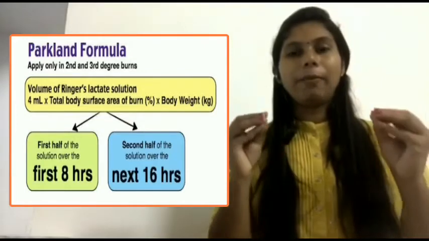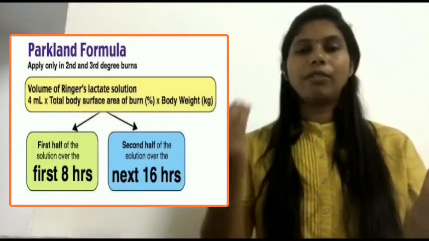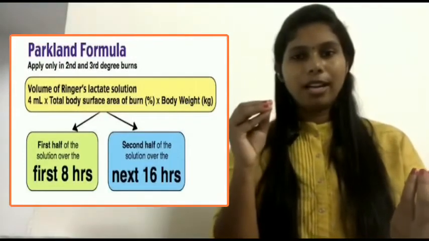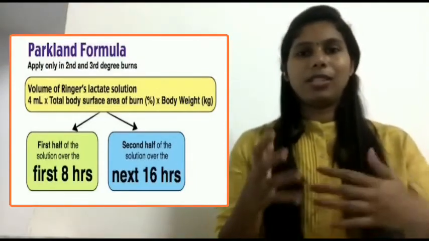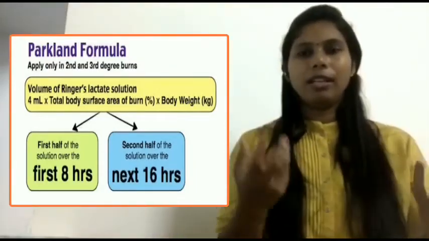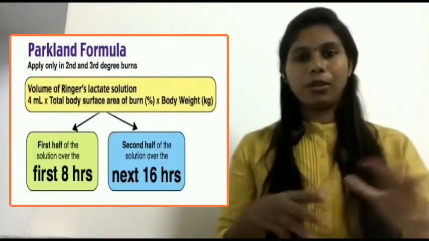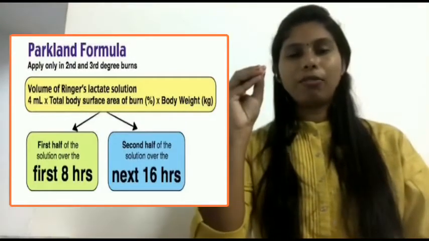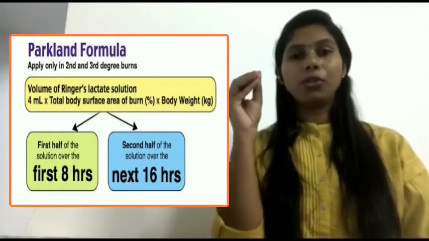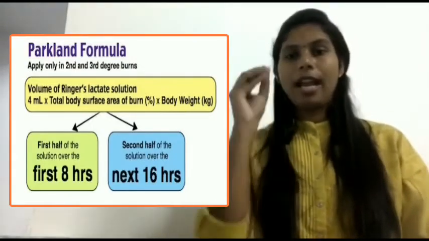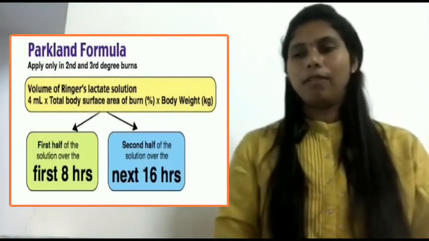So we all know that in a burn situation, after the burn injury, the role of fluid is important, because soon after the burn, the cells will shift the fluids and the patient goes into hypovolemic shock, and there may be many complications related to this. So the exact calculation and infusion of fluid is very important after burn injury. So how does this Parkland formula work?